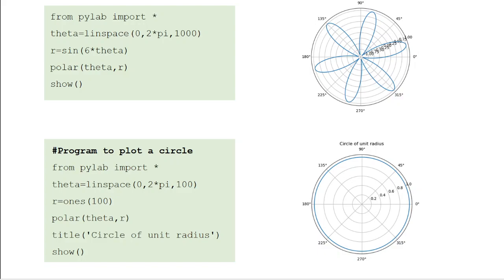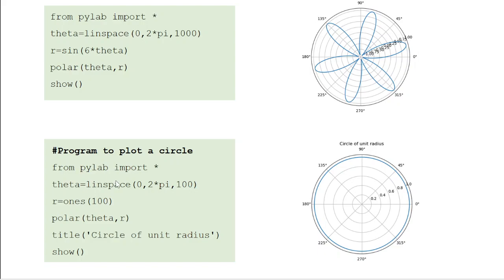Let's look at another familiar example, how to plot a circle. You can describe a circle either using the Cartesian coordinate system or using the polar coordinate system. So in the polar coordinate system, what's the description of a circle? Basically the angle theta varies from 0 to 2 pi, one complete cycle, and the radius r for a given circle is a constant. Right? So you need to create two arrays. One is the theta array where the elements change from 0 to 2 pi. Then the radius array basically has constant values.